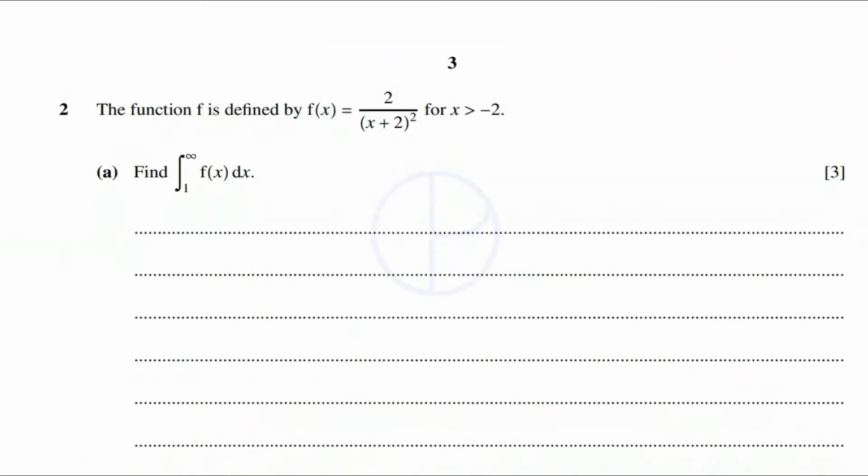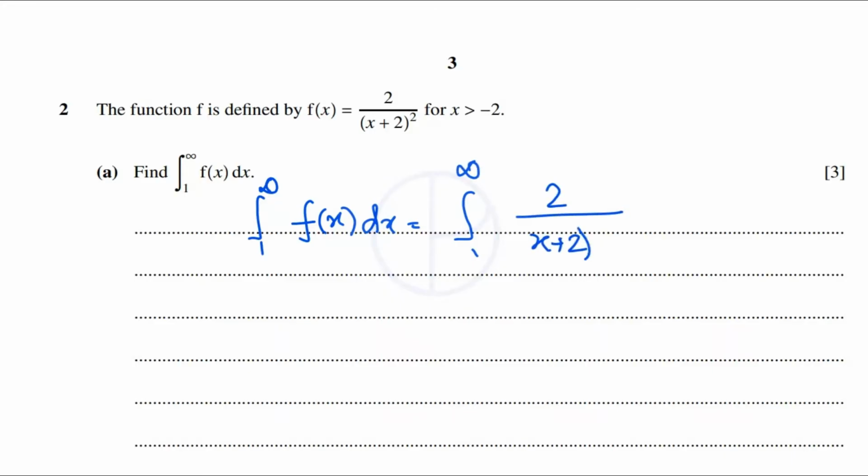The next question is, the function f is defined by f of x equal to 2 divided by (x plus 2) the whole squared, for x greater than negative 2. Find the integral from 1 to infinity of f of x dx. The integral from 1 to infinity of f of x is 2 divided by (x plus 2) the whole squared